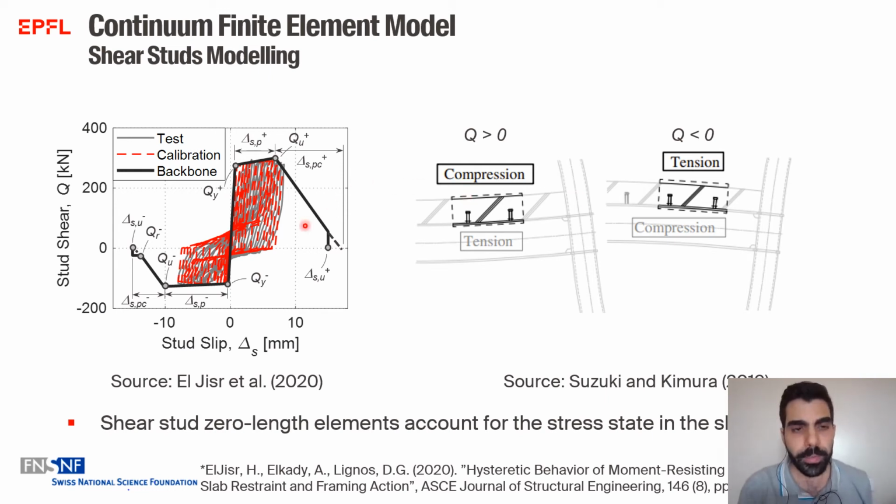So here I show the nonlinear behavior of the shear studs. These are characterized by a degrading pinched hysteretic behavior. The modified Ibarra-Medina-Krawinkler model is implemented, and the parameters are obtained through calibration with test data. Now, you can see from this